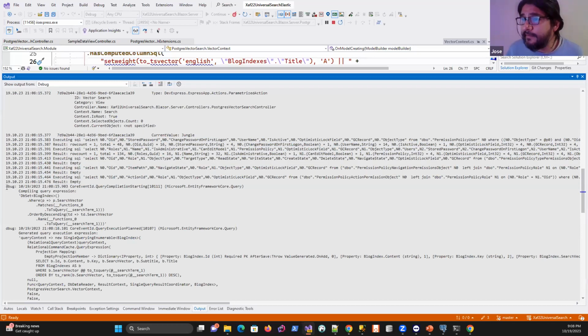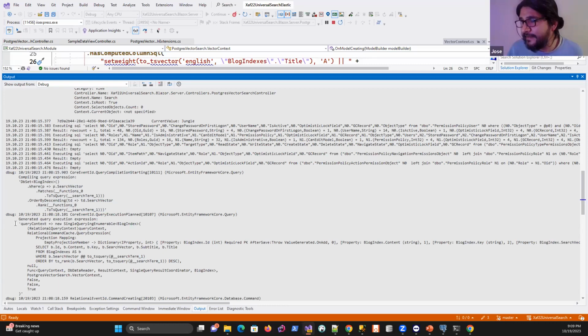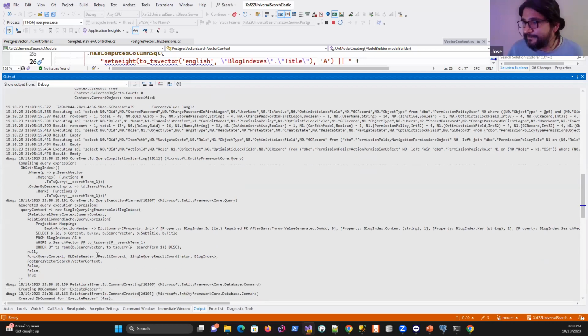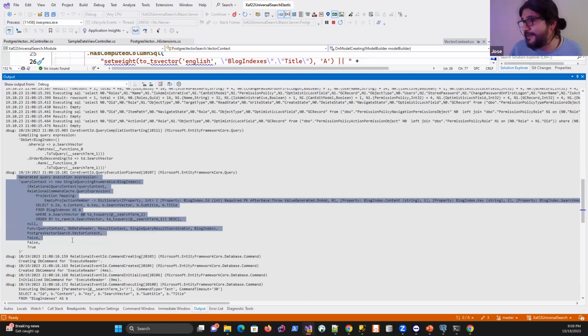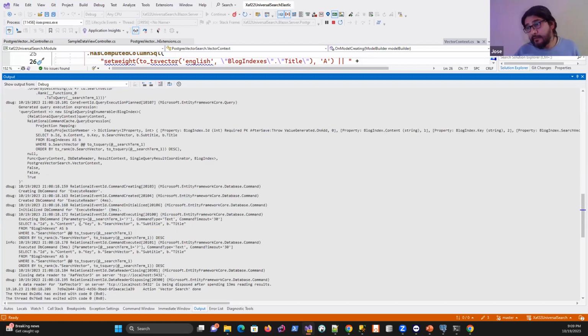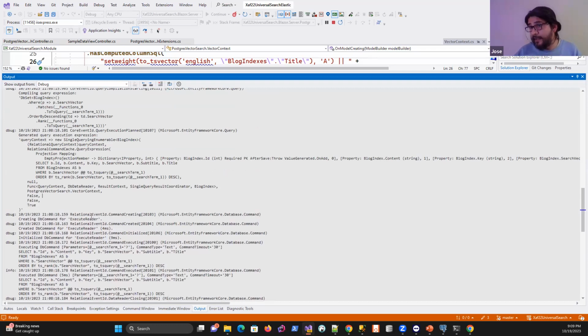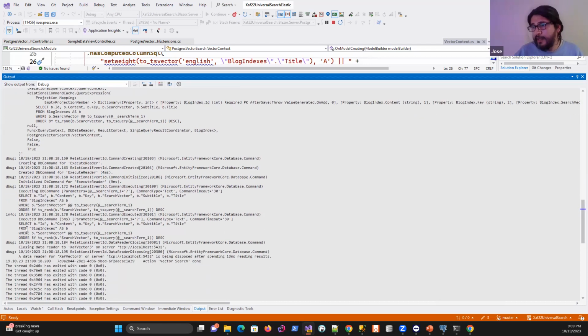But after this is the Entity Framework part, executing the full text search. So you see what it's doing in general, and then the generated expression. It can be a little bit complicated to write this type of queries. And it's just showing because I set the context to show the information on the console, so you can see the different queries. But so far, again, we have not